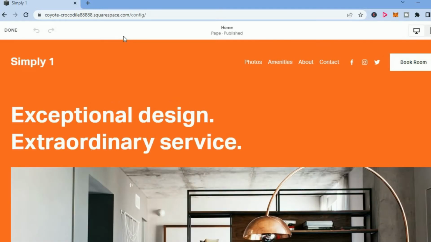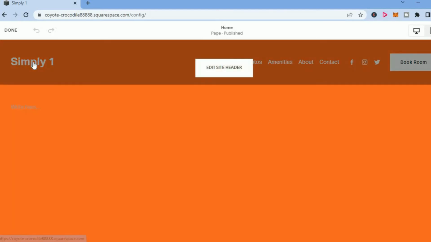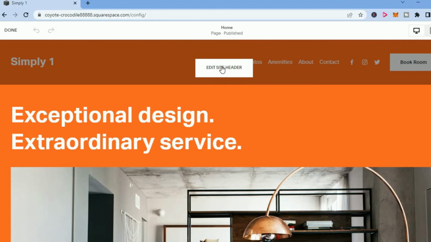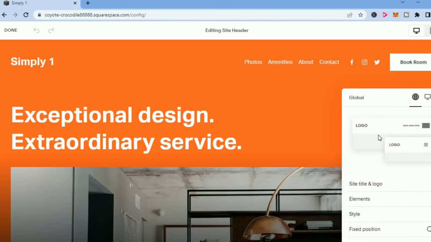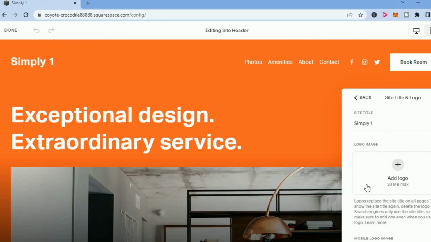After selecting Edit, you're going to hover over the current title of your website. Then you are going to tap on Edit Site Header, and in the right hand corner you are going to tap on Site Title and Logo. Then you'll see Site Title, and from here you can simply clear the current one and you could change it